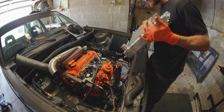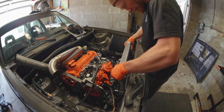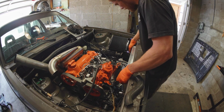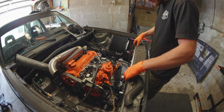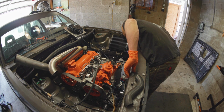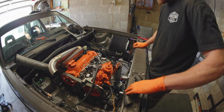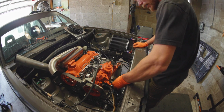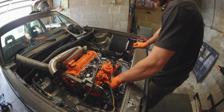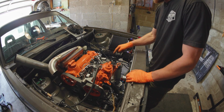So that would bring us to the second part of the conundrum that needs solved, which is radiator fit. And more importantly than that, I'm gonna be running it all the way forward. Basically, that's touching the back of my intercooler. And so this is what I was saying with this hose cut like so. That actually fits real nice down here and onto that elbow. So I have that taken care of, but I gotta make it from here to there, which isn't